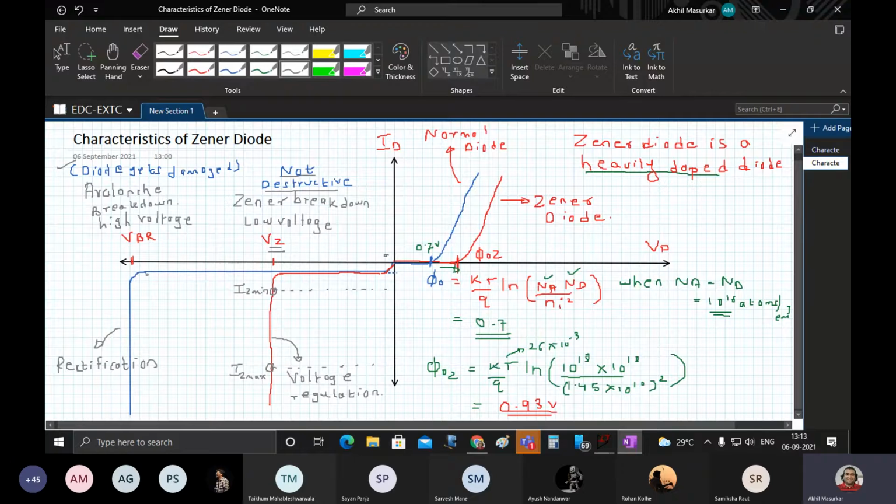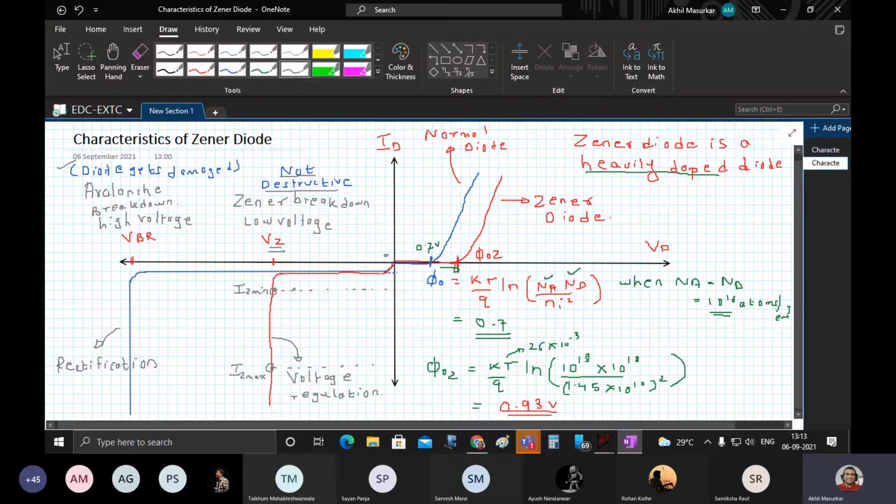The reason why SPICE does not show this fall in the voltage, that is the current increasing abruptly, is that if they show it that way, you might get a notion that the normal diode also has a constant voltage for different values of current. No. So that is the reason why this is not shown in SPICE, whereas for a Zener, since this is not destructive in nature, we can have different currents but the same voltage.